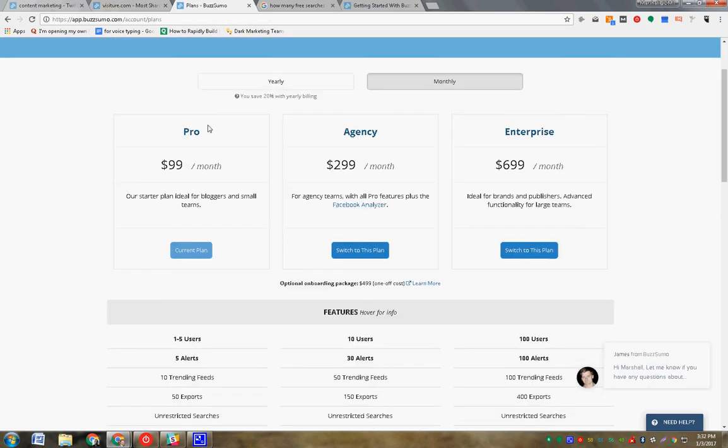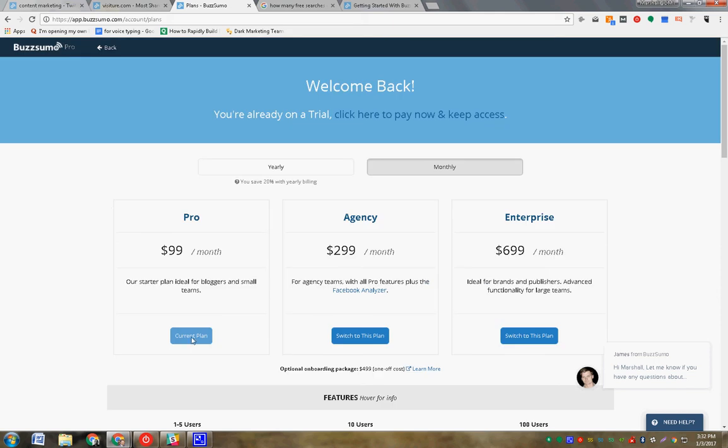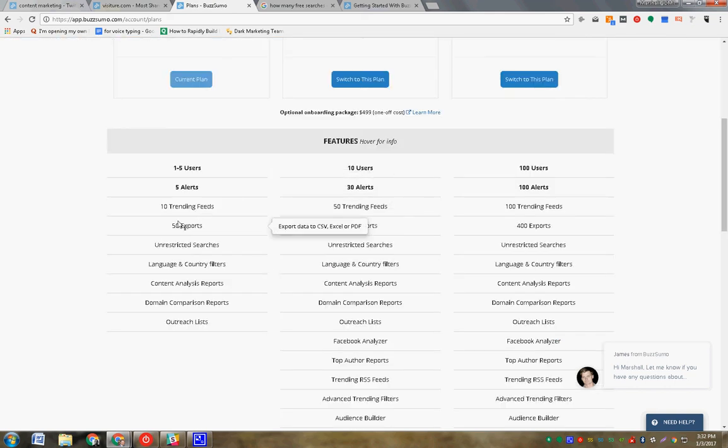Pricing. So at a pro level, this is the setup that we have. We definitely recommend BuzzSumo at any level, but pro level is fantastic. We're not affiliated with BuzzSumo at Dark Marketing Team, but we do love the product. Some of the top features is, as a free user, you are limited on searches. They do give you a 14-day trial for free, but here are some of the other great features, especially unrestricted